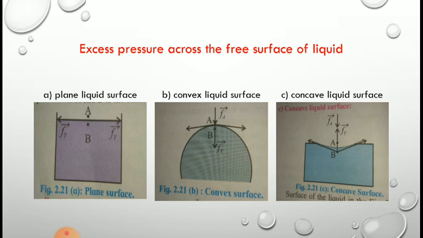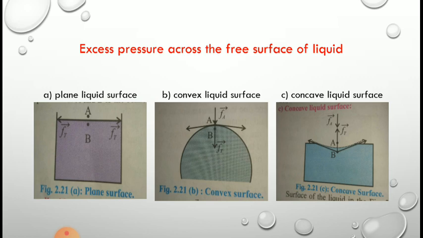These two forces, Fa and Ft, thus act in opposite direction. Therefore, the net downward force responsible for the pressure at B is less than Fa. This develops a lesser pressure at point B, which is inside the liquid and on the convex side of the meniscus. Thus, the pressure on the concave side, that is outside the liquid, is greater than that on the convex side, that is inside the liquid.